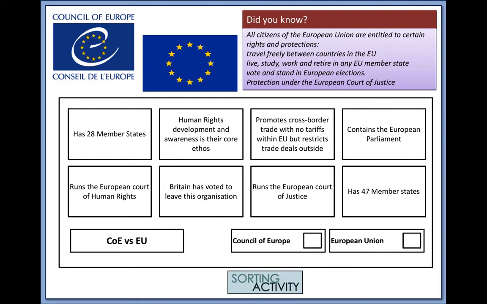There's a little bit of a mix and match here, so some of these statements refer to the EU and some of them refer to the Council of Europe. So if you just have a quick look and see if you can figure out which is which. And just to go through some of the answers there, so